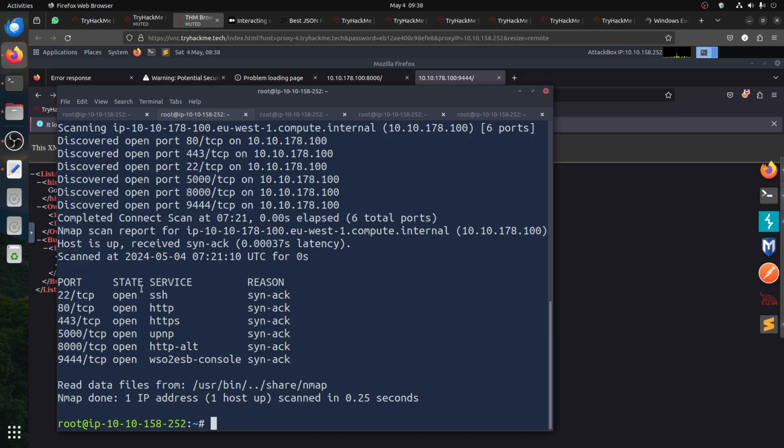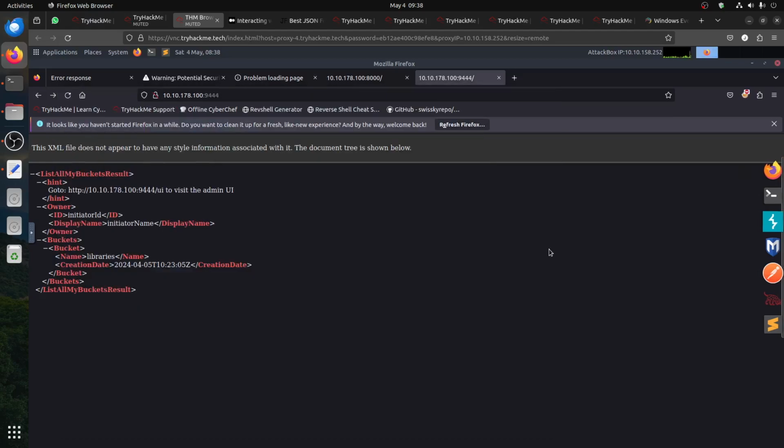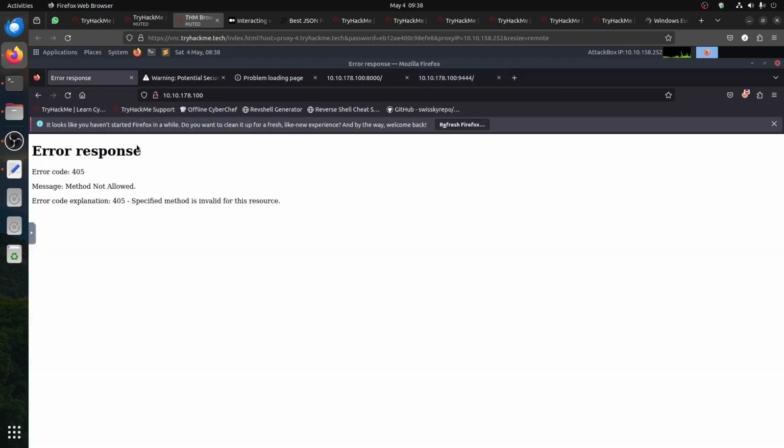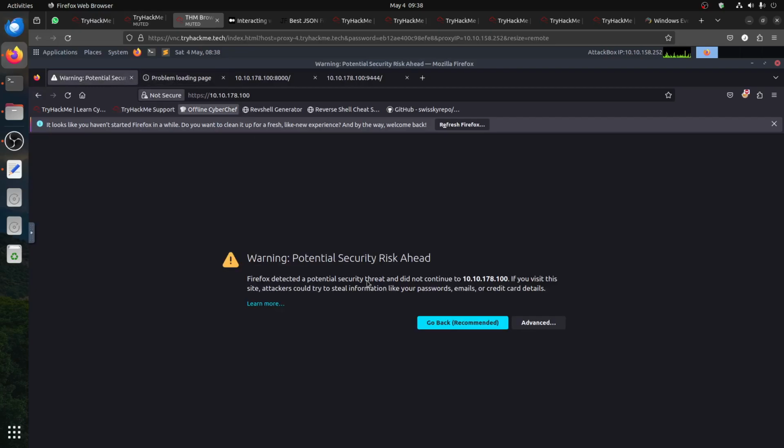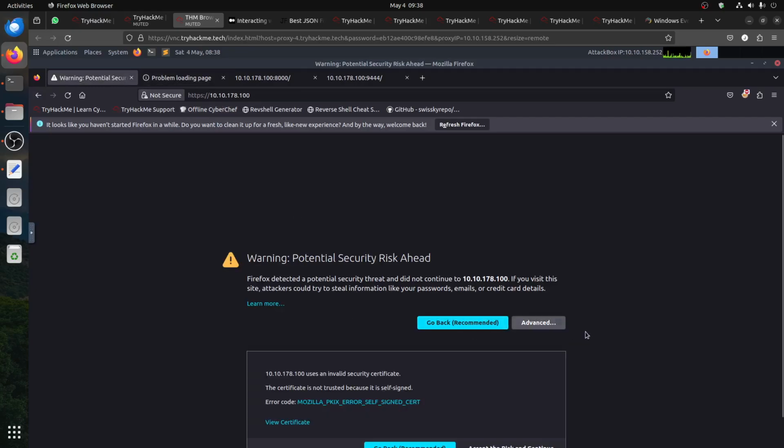I did a scan. So basically, we have port 80, SSL, 5000, 8000, and 944. Now if I go to the browser, I can see, for example, port 80 says method not allowed, so basically this one is not useful for now. The SSL gives me a warning, so the port 443. So if I go advanced,